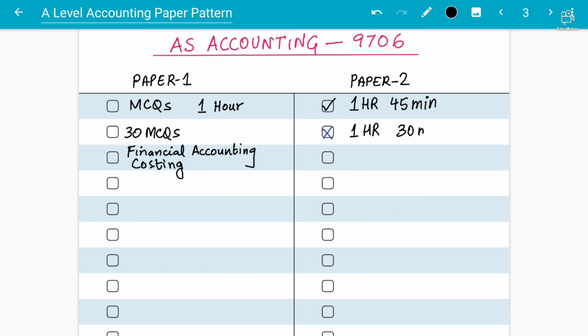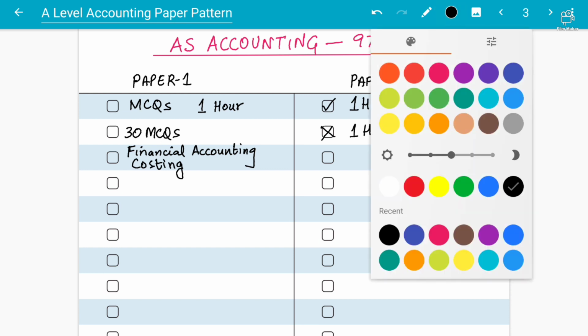So 15 minutes is being given extra because, with the recent changes, students were not able to complete the paper. Those 15 minutes will add more benefit and it will be a bonus for students as well. The paper was tricky and there were more lengthy questions, so students were not able to complete on time. The examiner noticed that, and now has changed the paper pattern for that. So 15 minutes added, 1 hour 45 minutes is the paper.